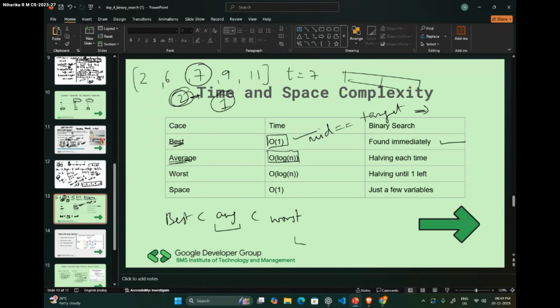It can be any case between the best and worst case. And the worst case is also the same thing, because anyway we have to perform the operation however many times, even if we don't find the target. And space complexity is big O of 1 because we are hardly using any variables.